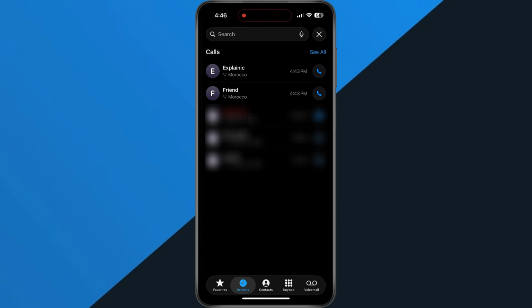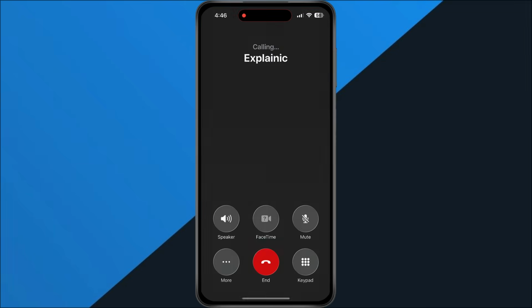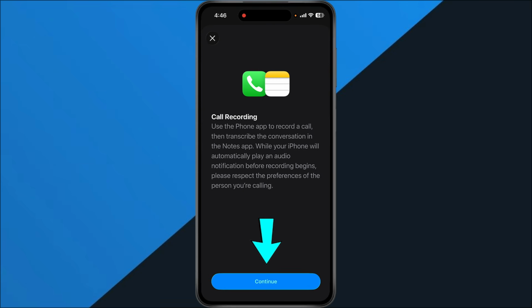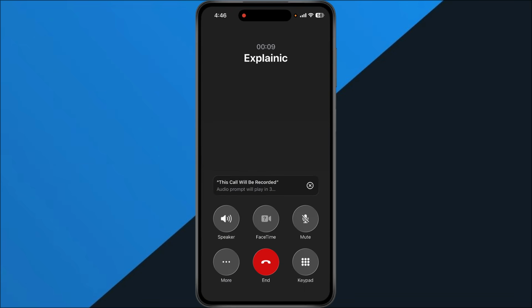Open the phone app and make a call to the person you want to talk to. Wait until they answer the call before moving to the next step. Once the call is connected, tap the More button on the call screen. You'll see an option called Call Recording. Tap on it, and your iPhone will let everyone on the call know that the recording will begin in 3